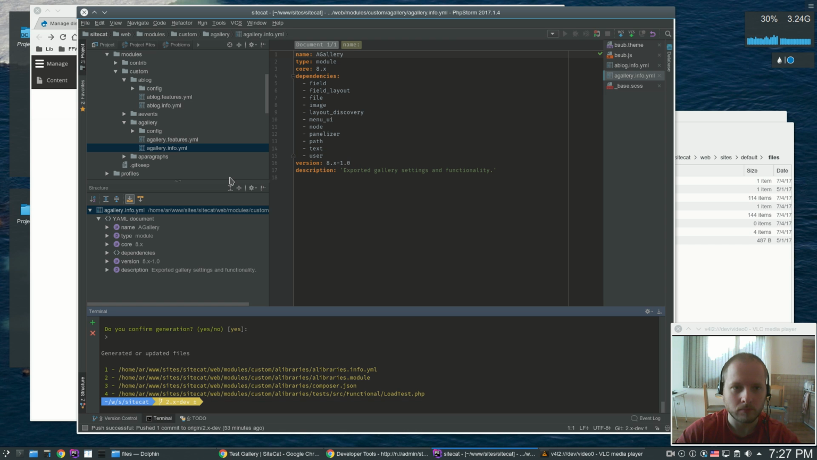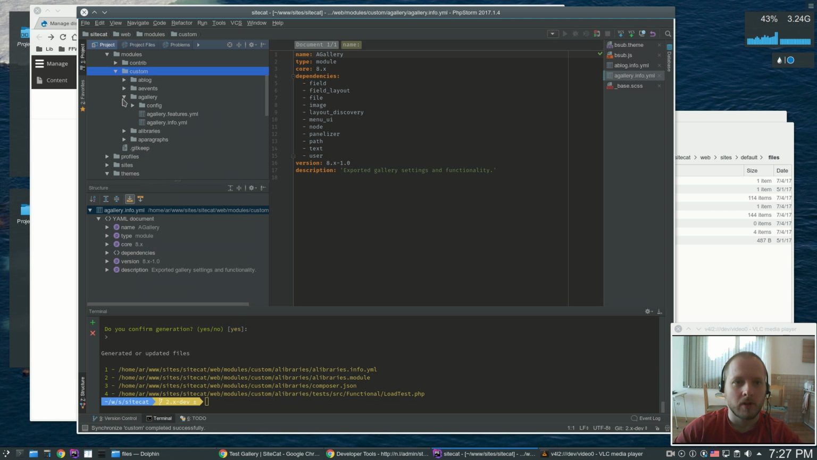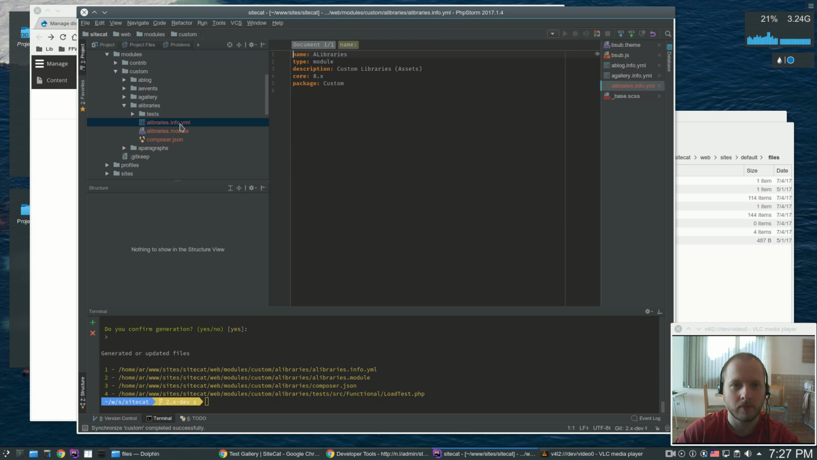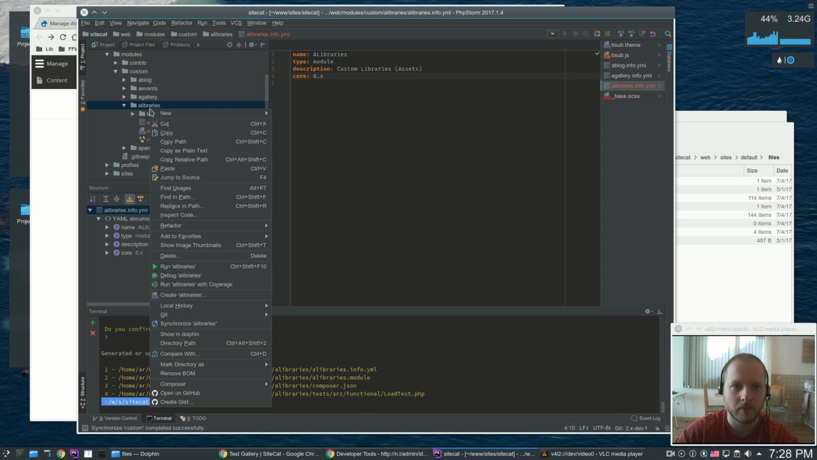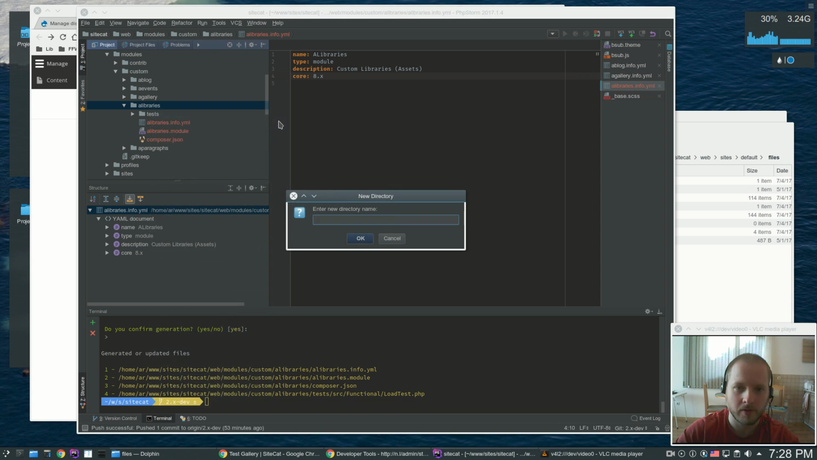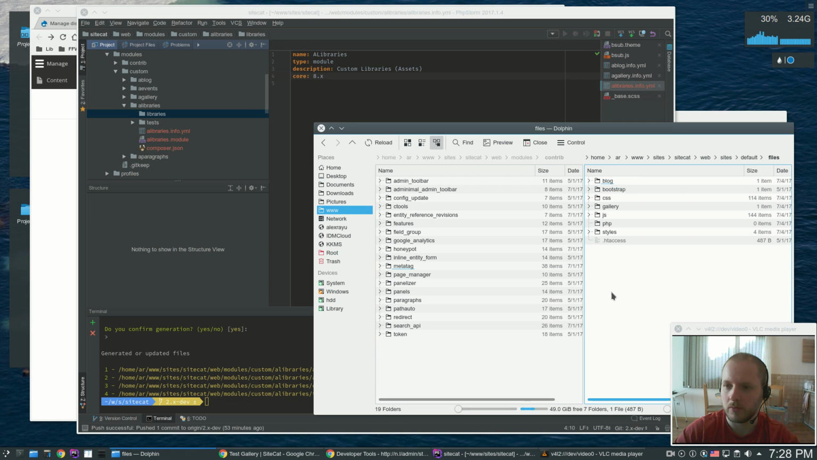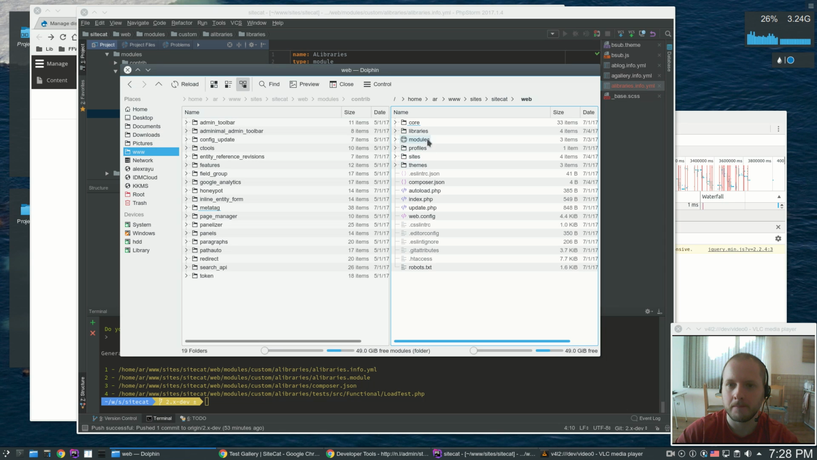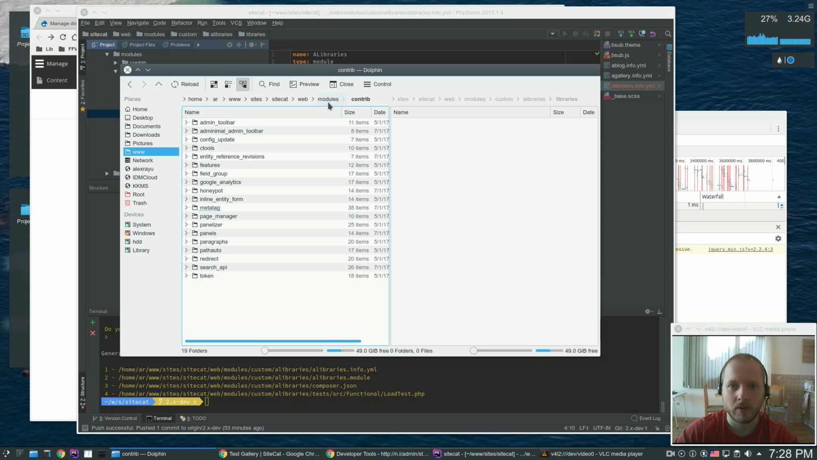Now, where's my module? A blog, a gallery, a libraries. Here it is. Now what are we going to do? Package custom. Now I'm going to find libraries. I'll create a folder called libraries. And what I'm going to do, web modules custom libraries, I will move